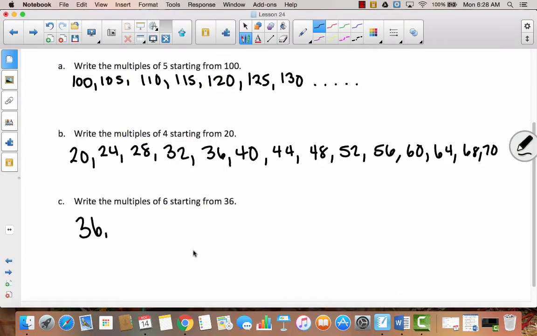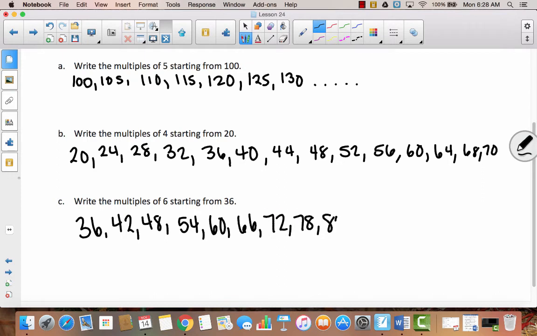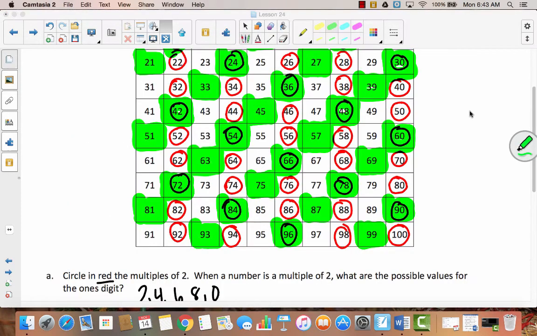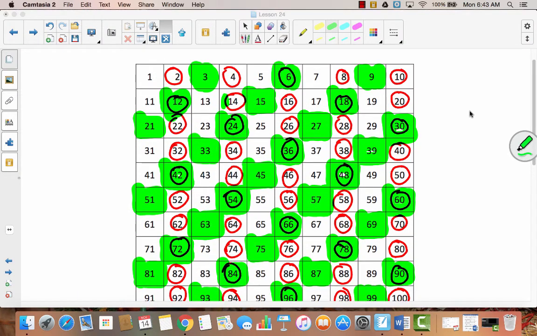So counting by sixes, starting at 36, you would say 36, 42, 48, 54, 60, 66, 72, 78, 84, 90, 96, 102, 108. Are you seeing any patterns? Did you notice a pattern? I bet yours looks a little bit nicer than mine. Mine looks a little bit sloppy, but did you start to notice a pattern? I'm pretty sure that we did this in our Zern lesson too, but did you notice the diagonal pattern that you started to see?